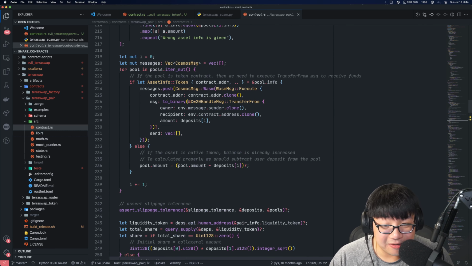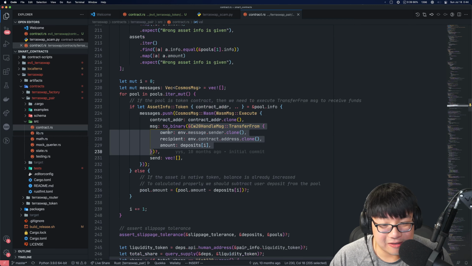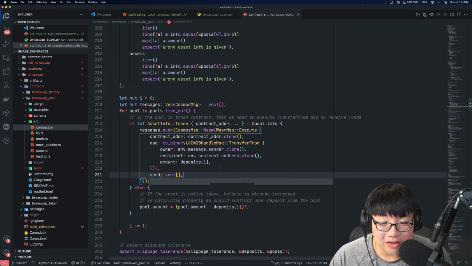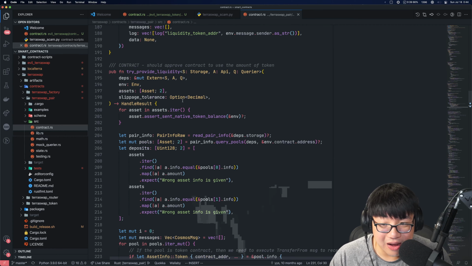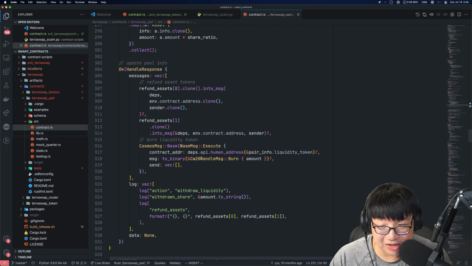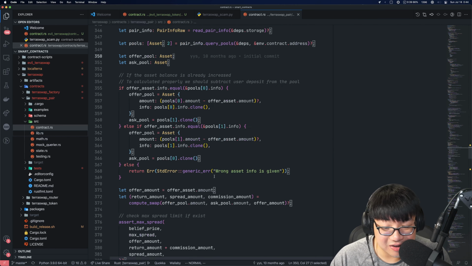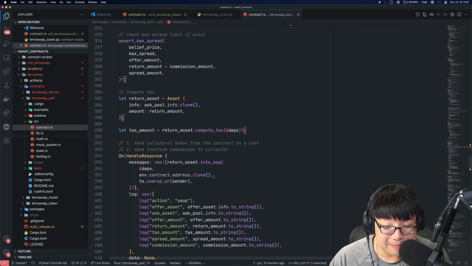Here is how it pulls tokens from the allowance using the transfer from method. Whereas if we go into try swap, we see that it does not use transfer from, but directly